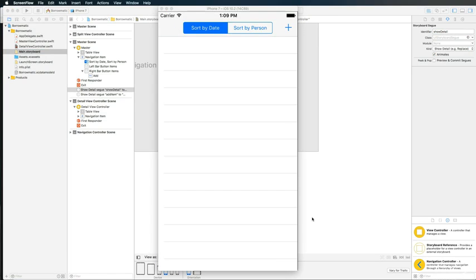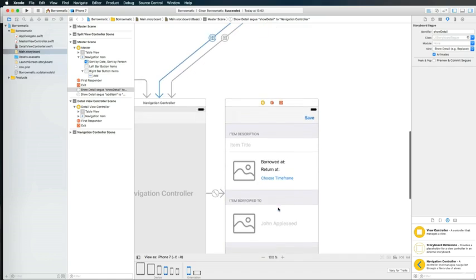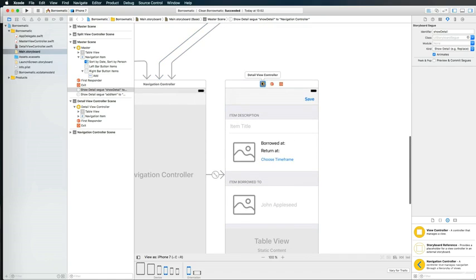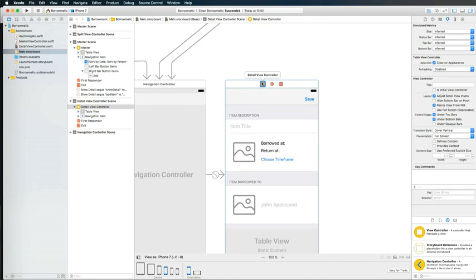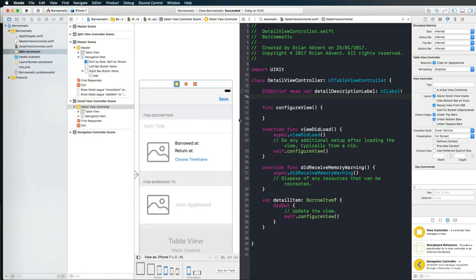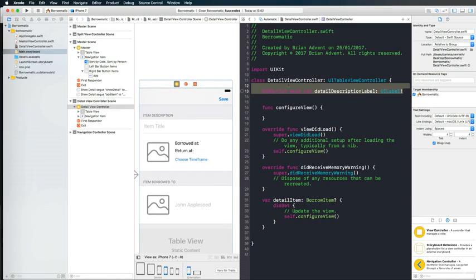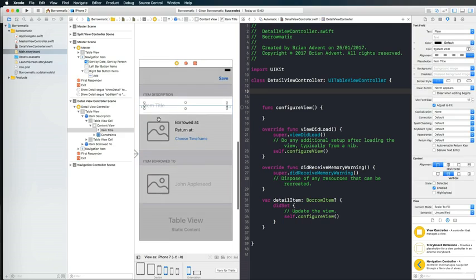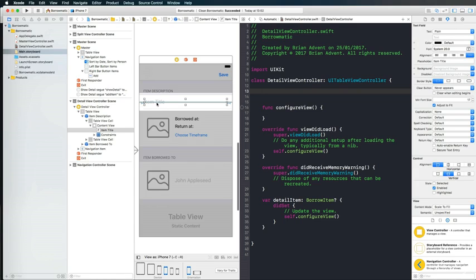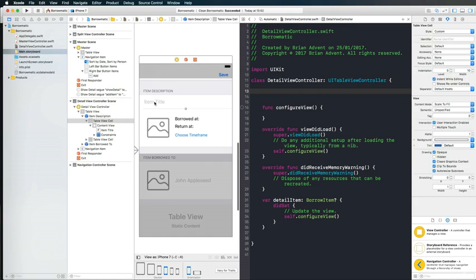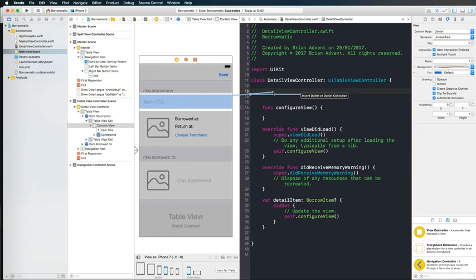Now we should also make some changes to our detail view controller class so that we can add our new detail items in the next videos. We need to add some outlets to our detail view controller class. First of all, let's get rid of the old detail description label. I just opened up the assistant editor for that, and then we create new outlets for all the different UI components that we have here and that we're going to need to create new items, starting with this item title